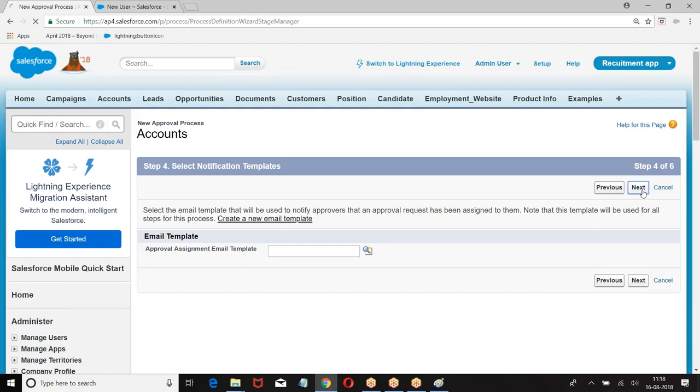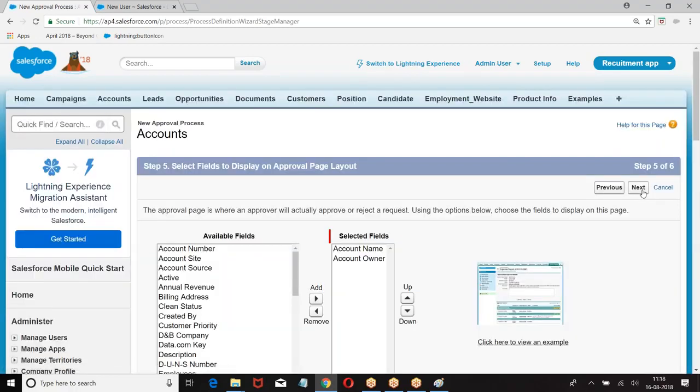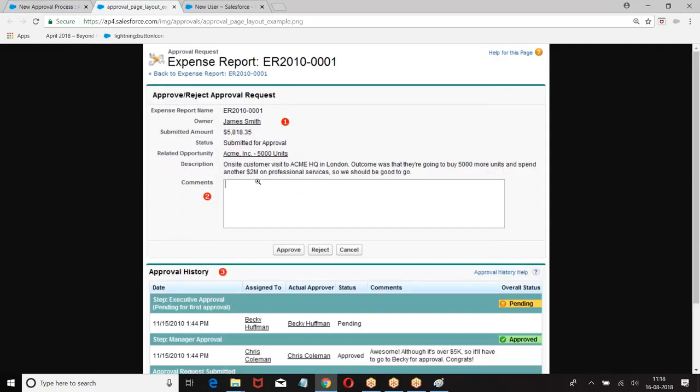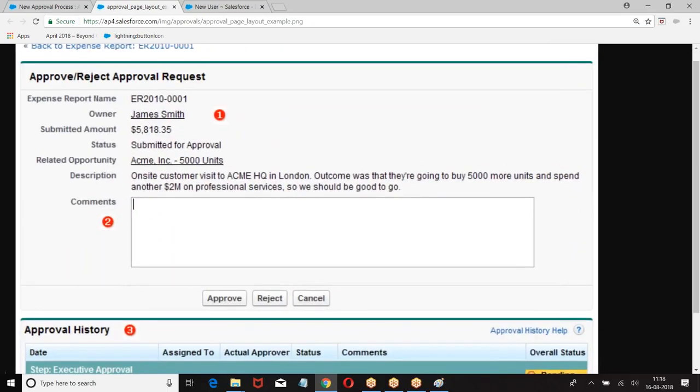Okay. Then we had the approval template. What is this approval template? Boss, when you submit the record, there is an approval layout. What is this approval layout? Look at the point. Do I need to show complete data? In the record, there are 100 fields. Do you want me to show all the 100 fields? Not necessary. Whatever the data that is required for you to approve or reject, if I show that data, it is sufficient.